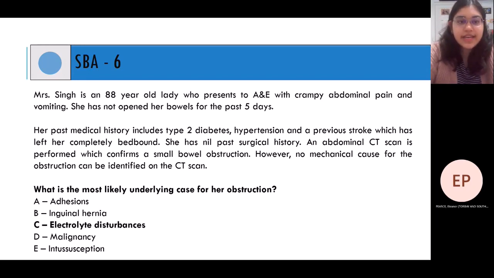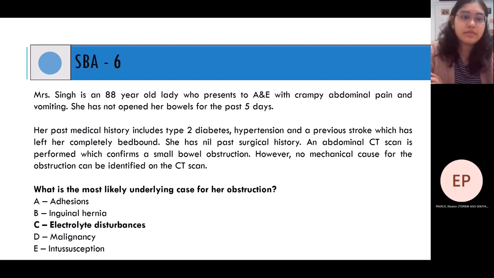So I think this is a bit of a tricky one. Although adhesions and inguinal hernia are the 2 most common causes of a small bowel obstruction, I think in the question, you can rule out adhesions based on the fact that she has never had any surgeries before, which makes her developing abdominal adhesions very unlikely. And then an inguinal hernia,